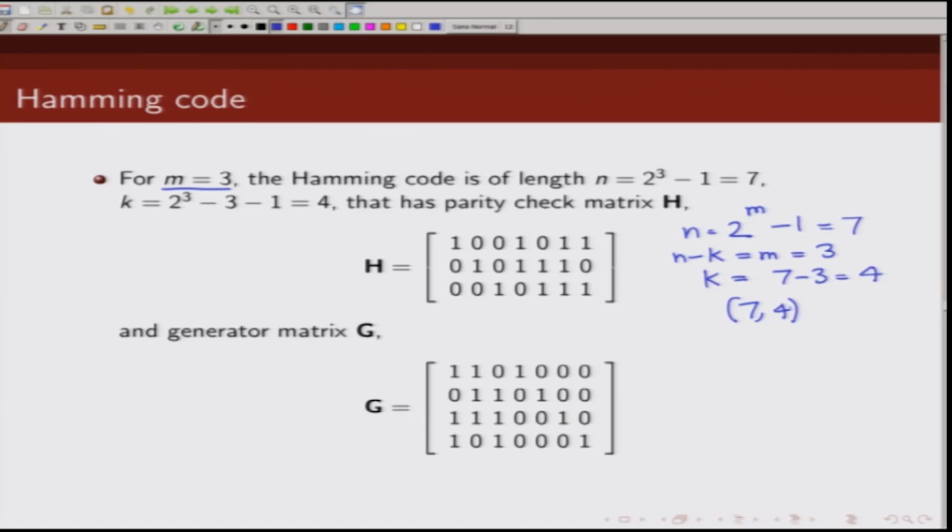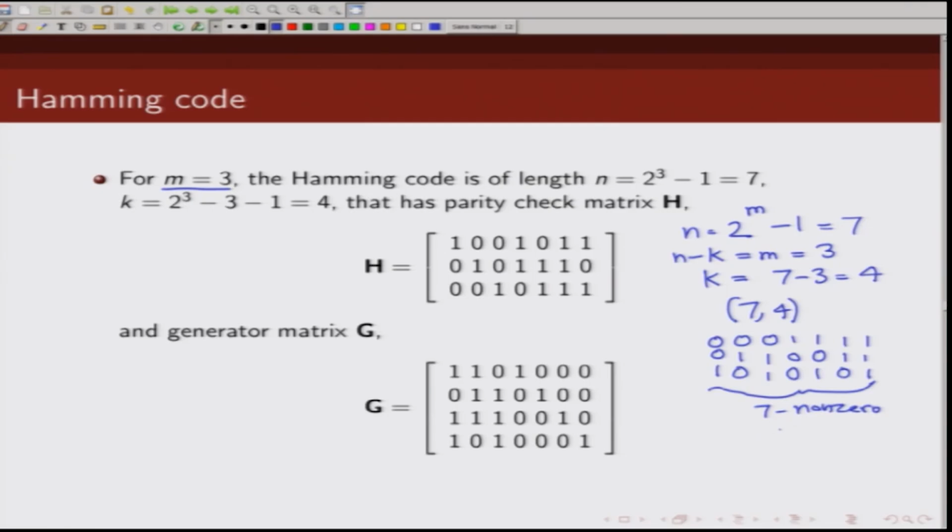Now, as I said, the parity check matrix consists of all non-zero m-tuples. So, m here is 3. So, let us list all non-zero m-tuples. So, we can write 001, 010, 011, 100, 101, 110, 111. So, these are the 7 non-zero